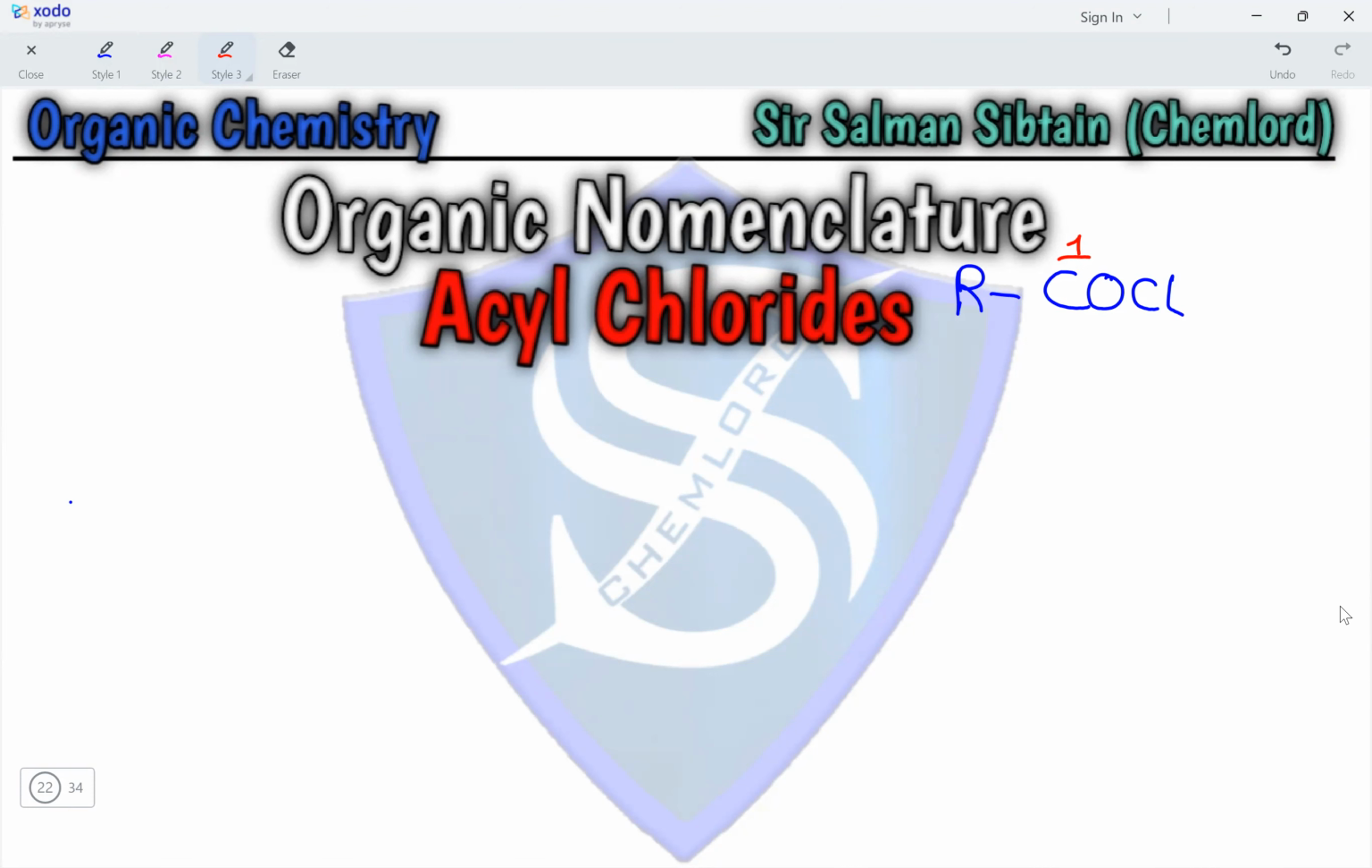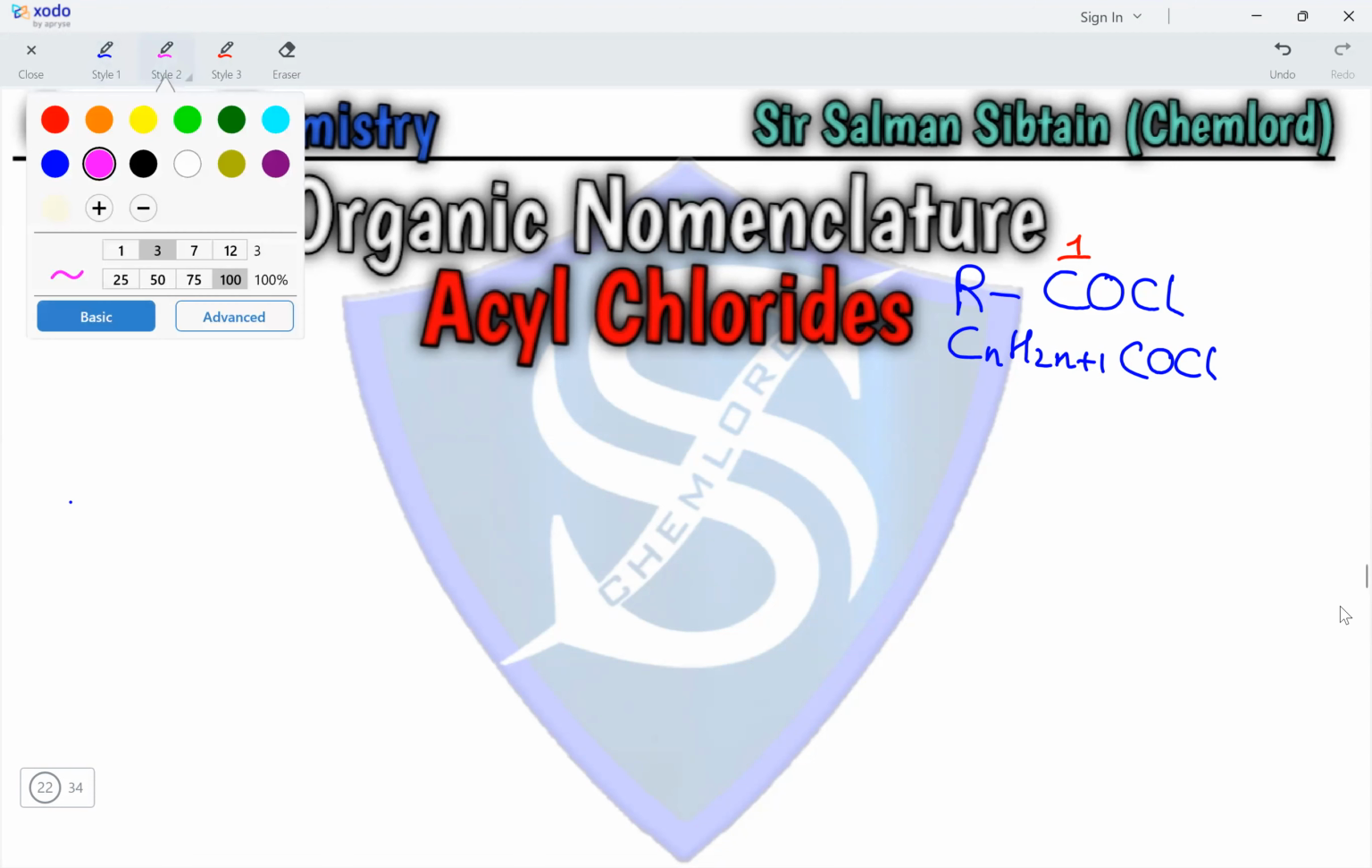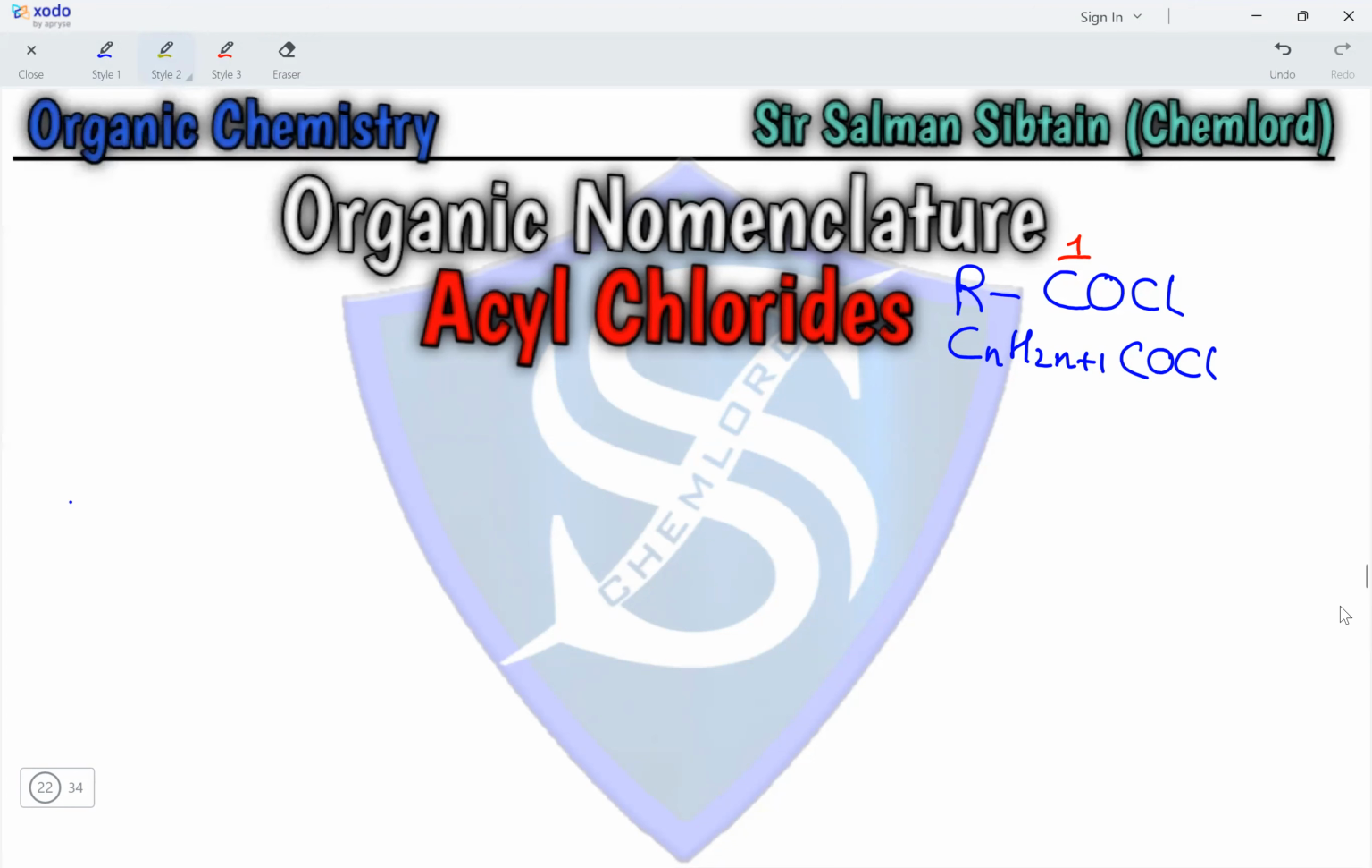So, the numbering is fixed, and the general formula based on the number of carbon, hydrogen, oxygen, and chlorine atoms would be CnH2n+1COCl. So, in order to name these compounds, we would have the name for the first compound in the homologous series, which would be HCOCl. This would be called